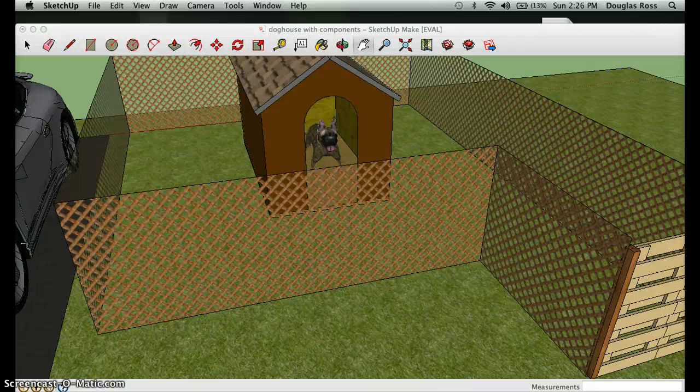Hello again. In this video we are leaving off from the last video, which was the creation of the doghouse. What I've done since then, independently on my own, is I've added a few elements. I've added some fence. I've added a dog, as you can see. I've got a fence door here, as well as some vegetation and driveway, and there appears to be a car